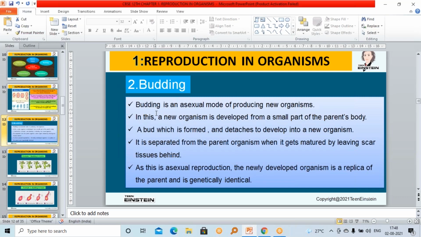In the case of amoeba, first nuclear division will take place. See, both nuclei got separated, and after that cytoplasmic division takes place. Here nuclear duplication will take place first, and after that two copies of nucleus will be present, and then cytoplasmic division takes place. You can see two copies of nuclei. Then after nuclear division, the cytoplasmic division is taking place, and it is becoming daughter amoeba. Is it clear?